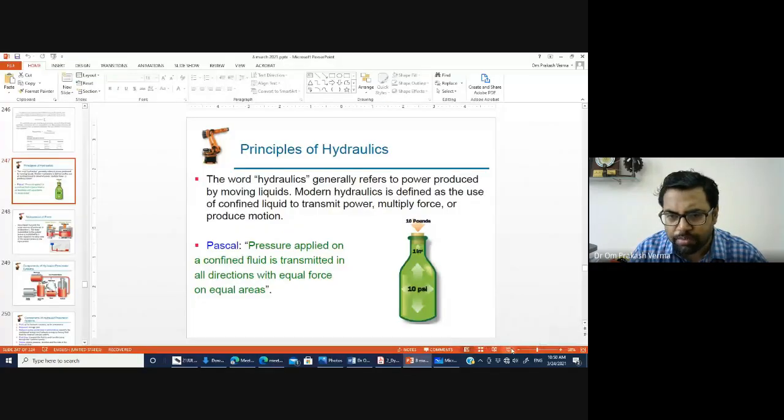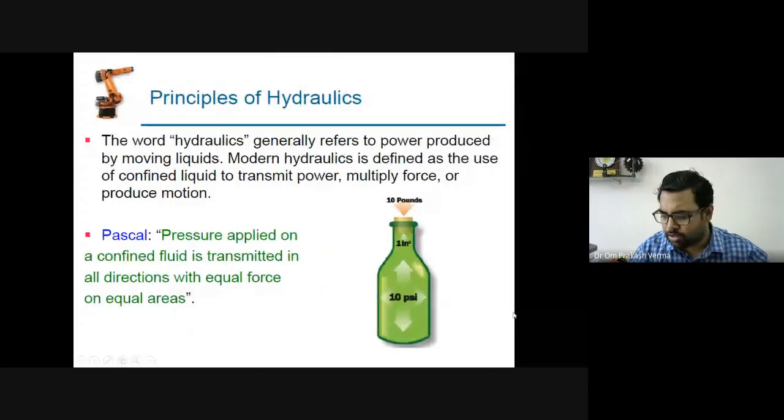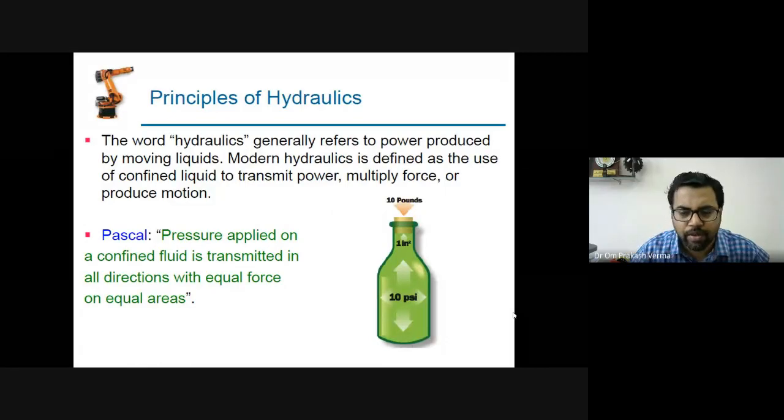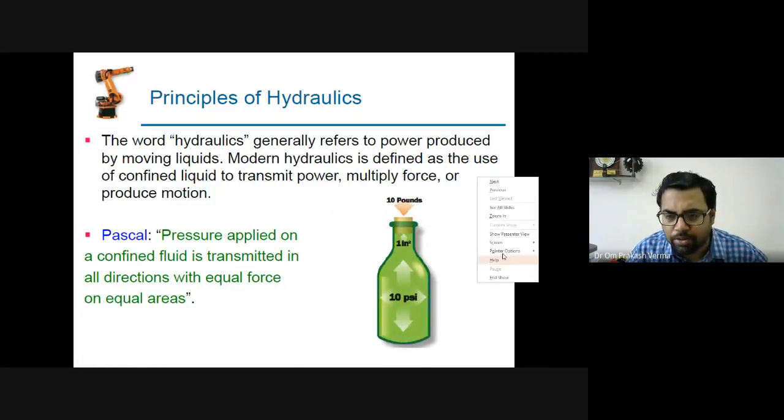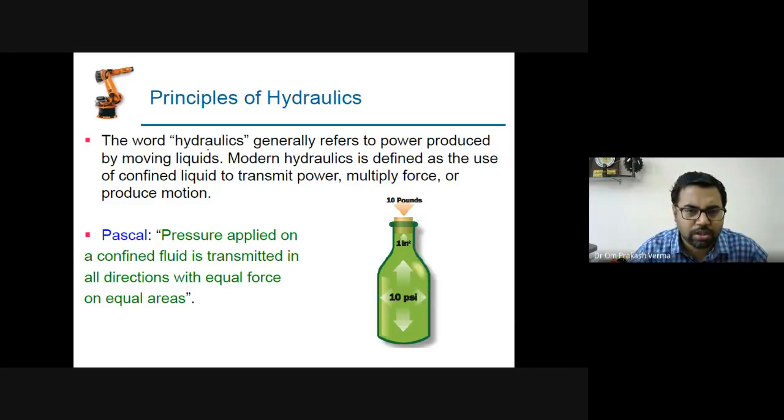So we have already covered the pneumatic controller, pneumatic valve. Sorry. Okay. So today we are going to discuss the hydraulic valve, the principle of how hydraulic valves work. Then after completing the hydraulic valve, we will start with the electro hydraulic valve, and how the electro hydraulic valve will work.